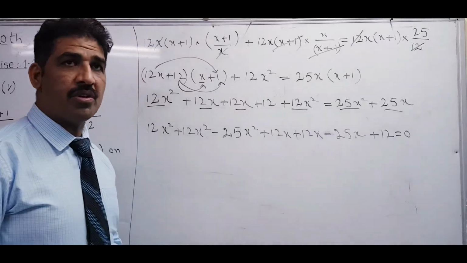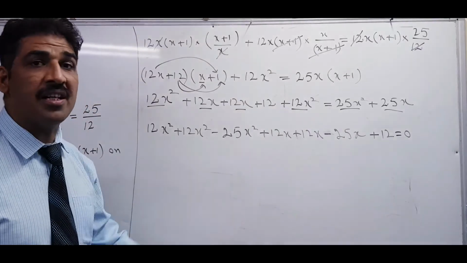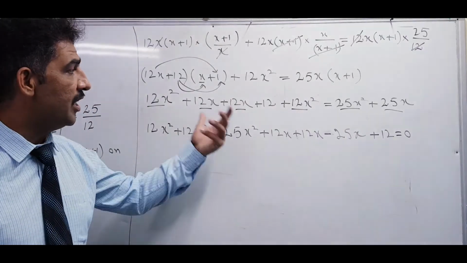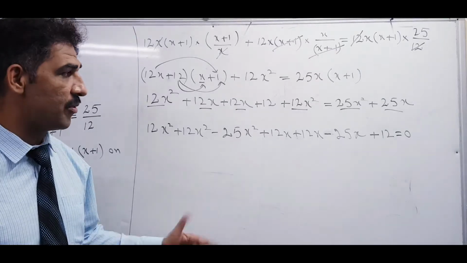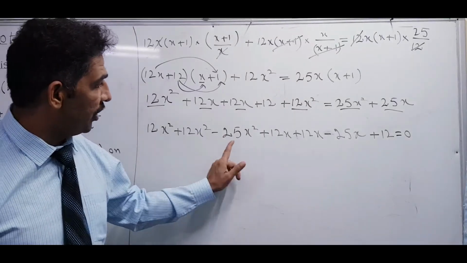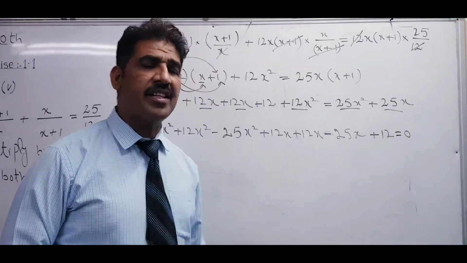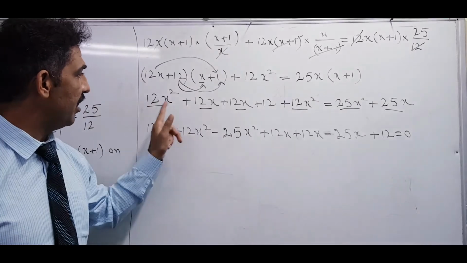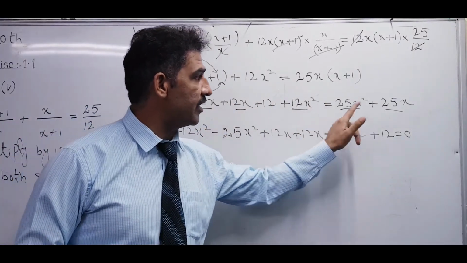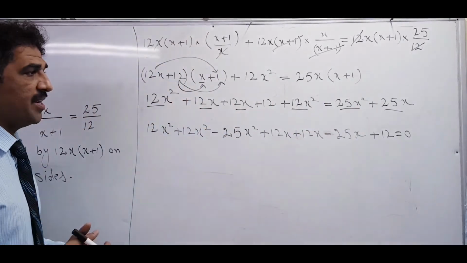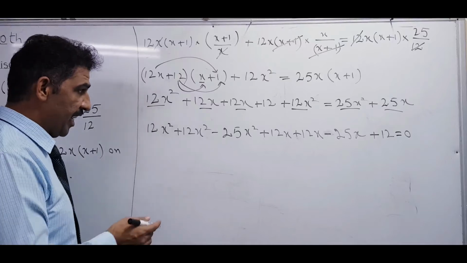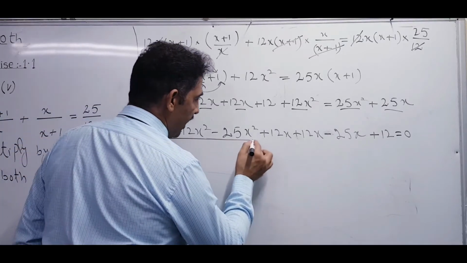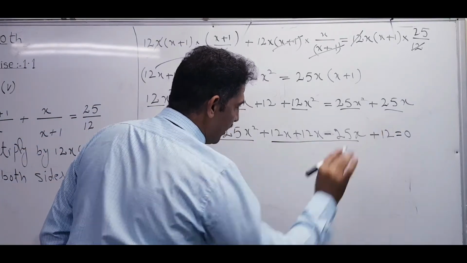When you rearrange the equation, after that you have to count the number of terms, because sometimes it happens that we miss or skip a term, then our answer will be wrong. 1, 2, 3, 4, 5, 6, 7. 7 terms. Check that. Total terms 7. Okay. It means all terms we have written here. Till here, x square like terms, these are the x terms, and that is the constant.